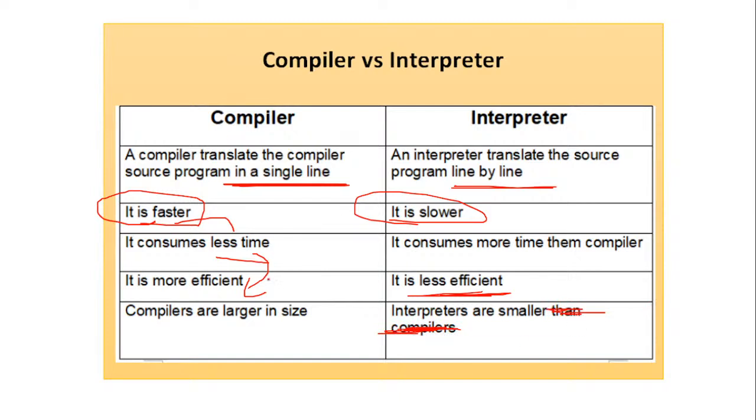Is it clear? Statement wise questions come, either to prove which is faster, which is slower, or which requires less time. Once you know it is faster, it requires less time and is more efficient. Slower, it requires more time, and the efficiency level is less. Today there are obviously questions on whatever I am taking, whether it is memory or languages. So ensure that you understand the things very well and are able to answer simple questions in a correct way.